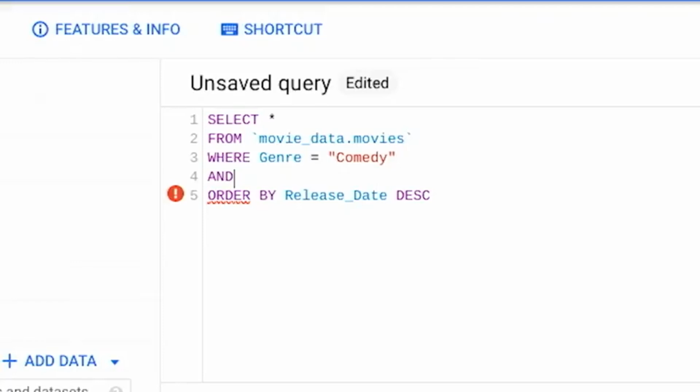Let's say you wanted to filter by comedy movies and movies that earned over $300 million in the box office. In this case, after the AND function, you add the revenue condition by typing revenue. From there, you'll specify that you only want to return films with revenues over $300 million. To do that, type the greater than sign and then the complete number of 300 million without commas.